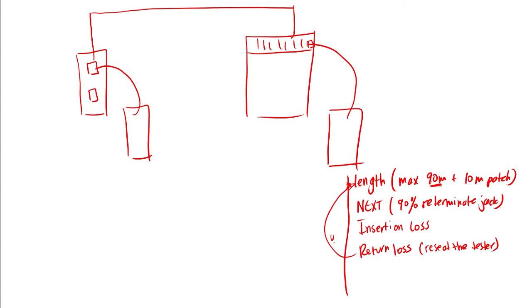So yeah, those are our main things: our insertion loss, our length, and our return loss. We also have a thing called power sum, but that's not really part of the standard. It's something we can test for, but